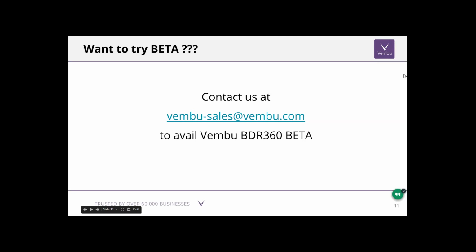Thank you very much, Nagarajan. That gives a very clear picture of what Wembupedia 360 is going to serve in managing businesses. And it's time for questions. Let's take a look at the questions posted so far. If you have any questions regarding the session, please feel free to post them, and we are here to answer.